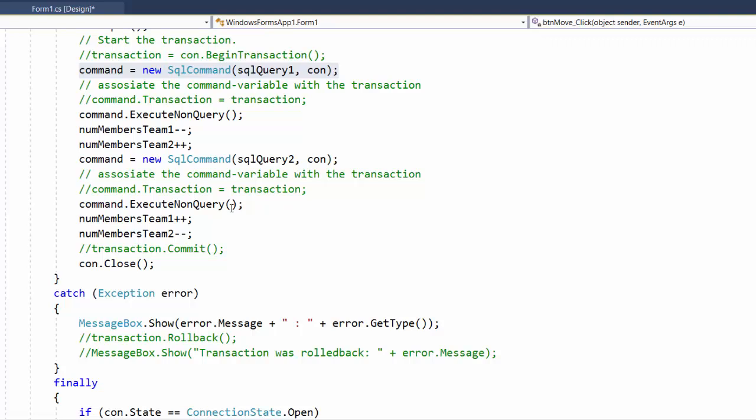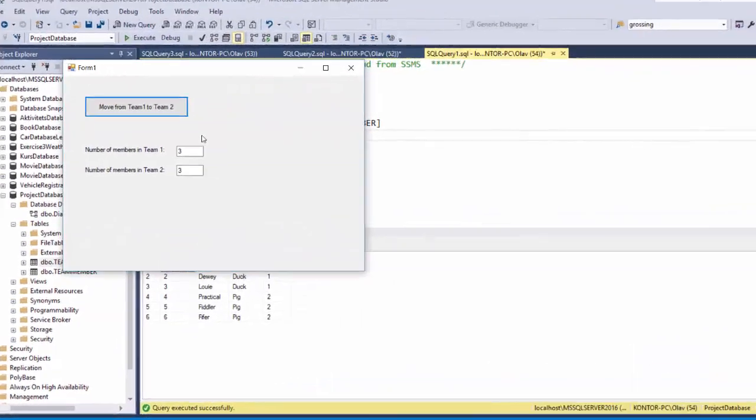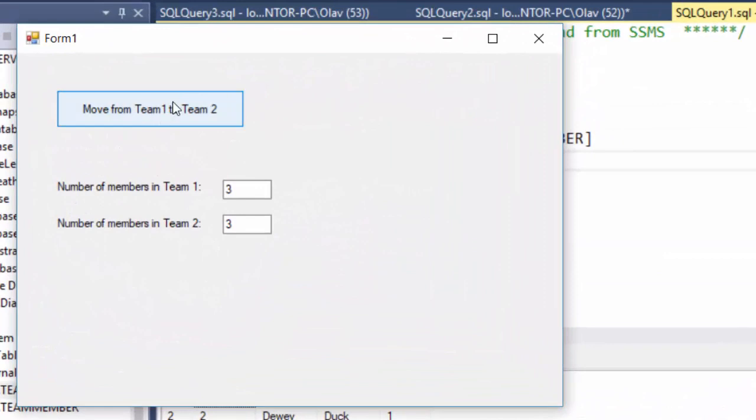So we run this query, and then I have to increase team 1 by 1 because now one of the ducks is transferred to team 1, and then I have to reduce the members of team 2 by 1 because now one of the ducks has left the team. Then I close the connection. So we can try to run this by clicking the F5 button. I start the program, and by clicking on this button, the transaction will be run, and hopefully we will not get any errors. So I click this button, no errors, and I see that there are still 3 members in